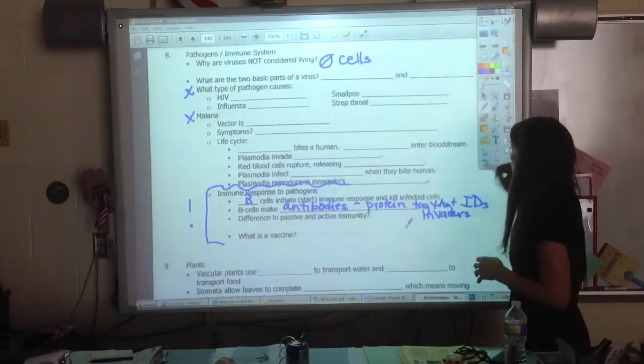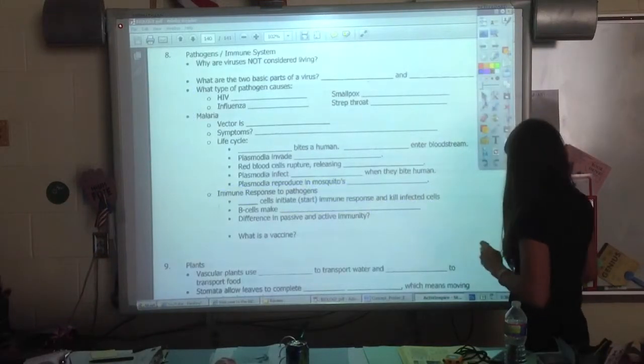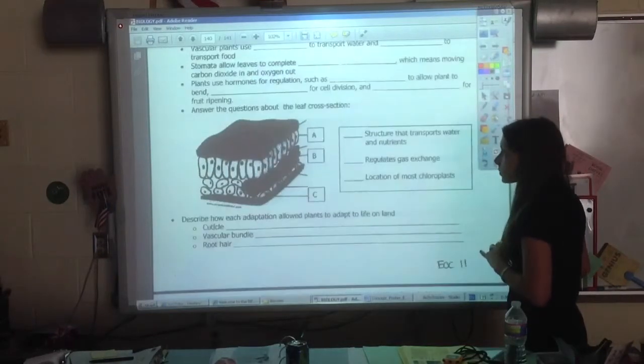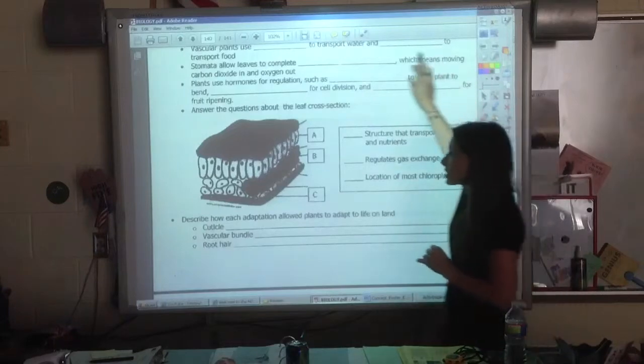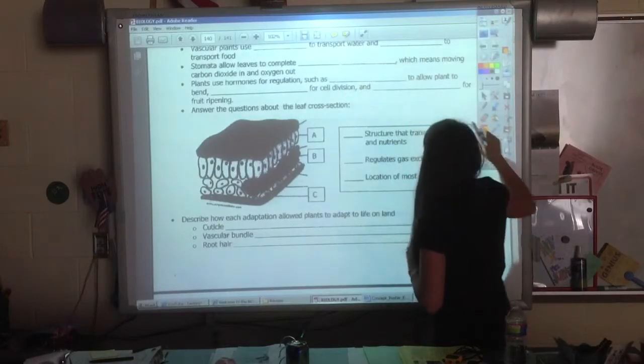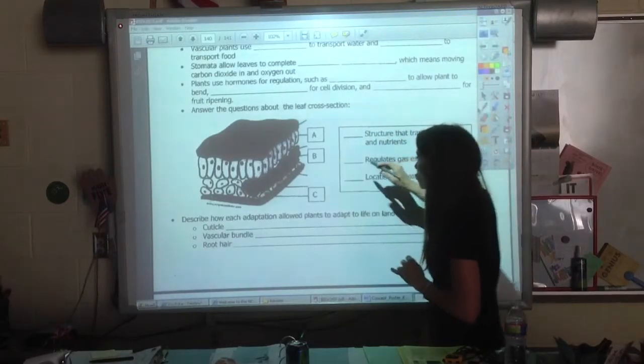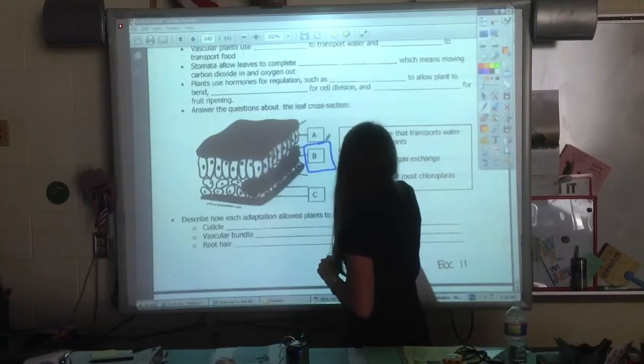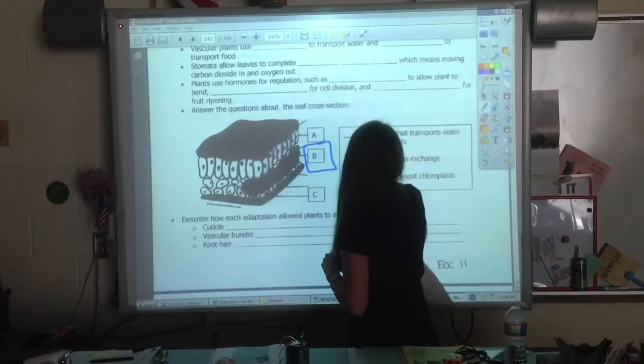So anything that invades your body will trigger the production of an antibody to identify it as an invader. The last part that I really want to give you some support with is when you look at plants, you should be able to complete this top section. The main part on this picture that you actually need to know is B, which regulates,